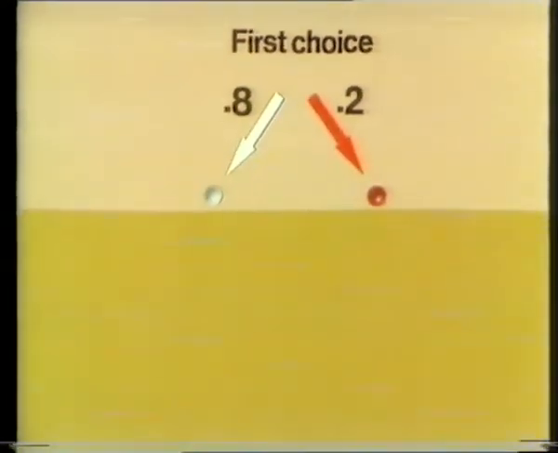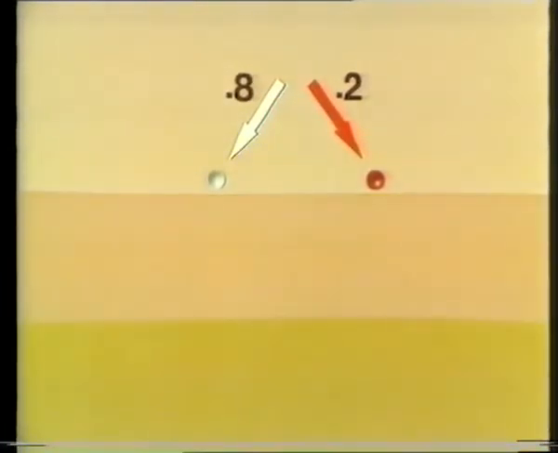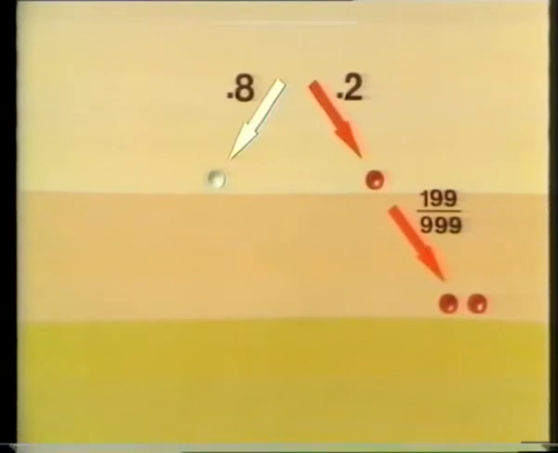Now let's think about our second bead. Suppose the first one was red. What's the probability of a second red? There are now only 199 reds left out of 999 beads altogether. That's approximately 200 over 1,000, 0.2. With that approximation, that means the probability of getting 2 red beads in succession is 0.2 times 0.2, that is 0.2 squared.